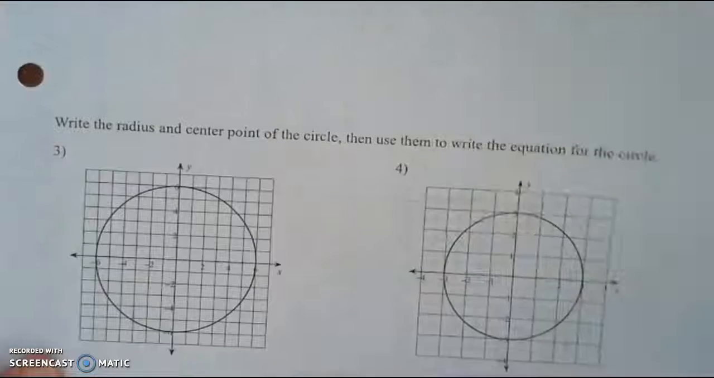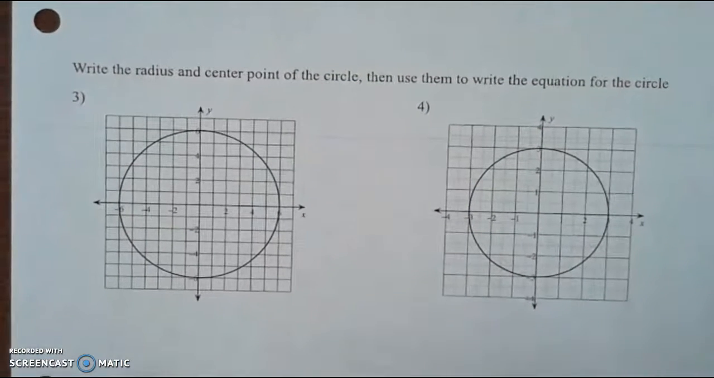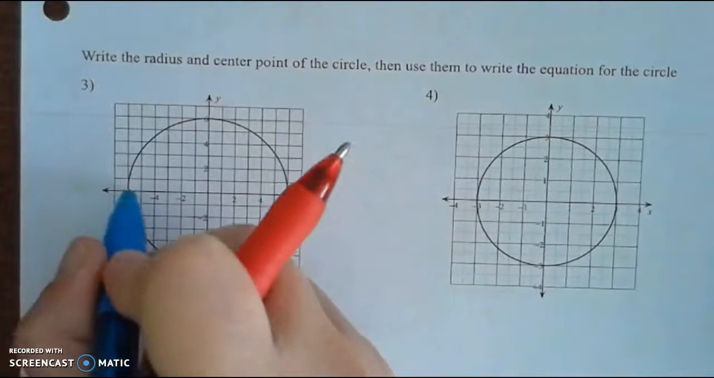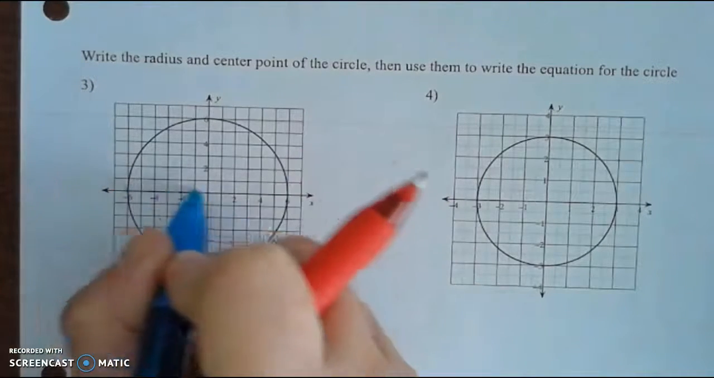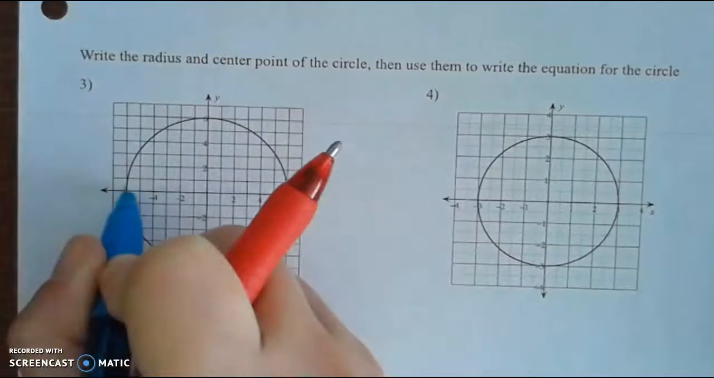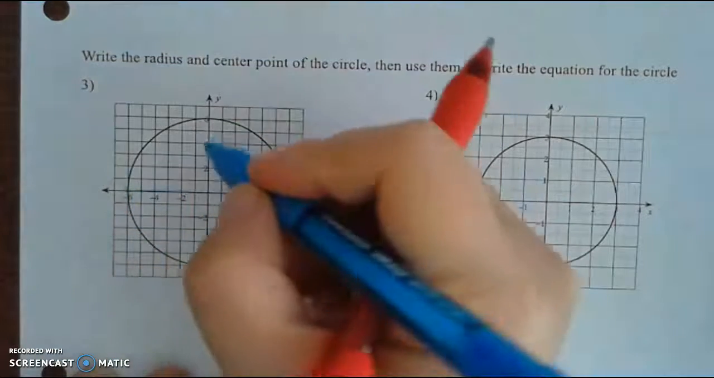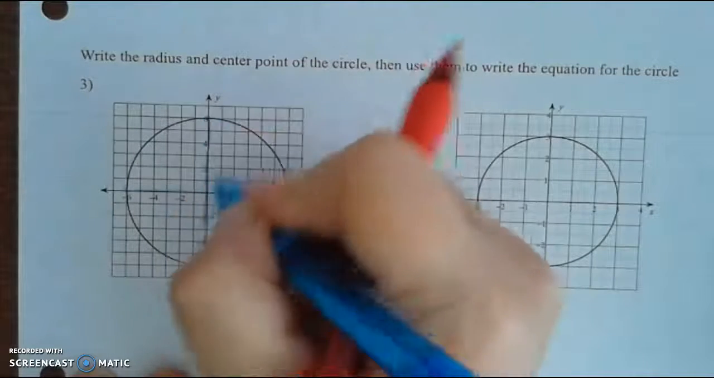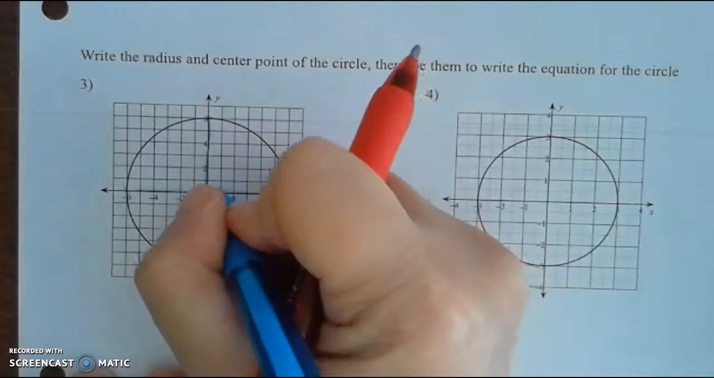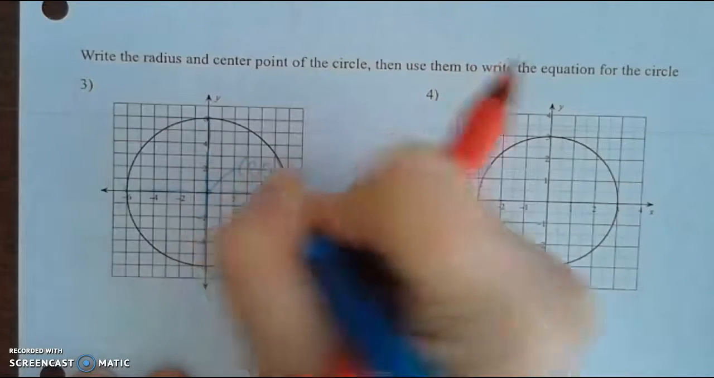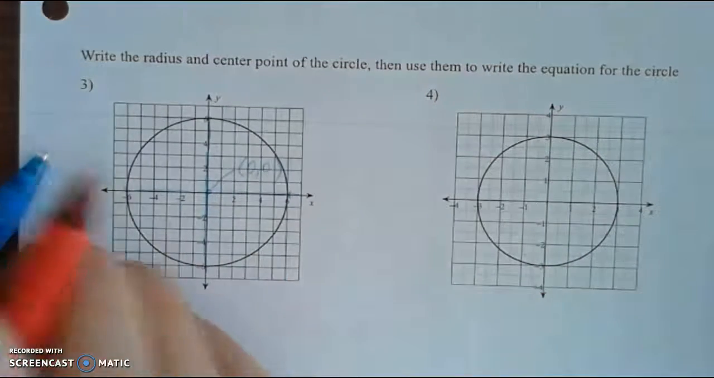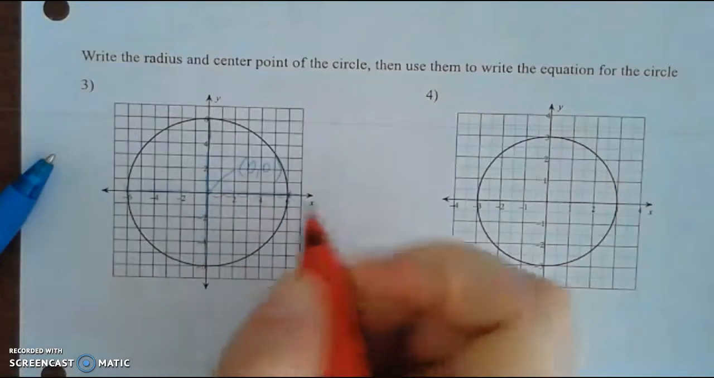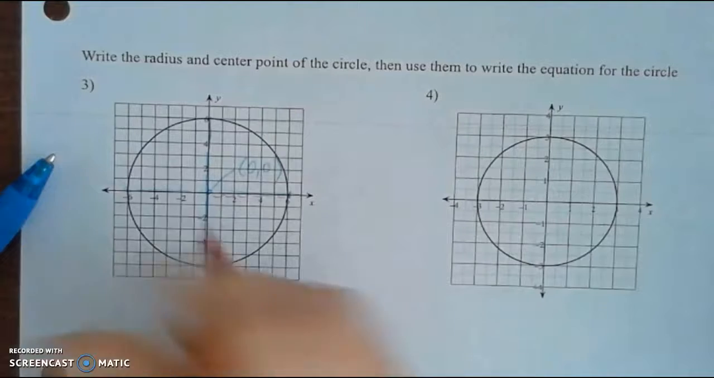Then number 3, write the radius and center point of the circle, then use them to write the equation of the circle. To identify the center, it's the widest point horizontally, and if I was to draw a line here, it's this one, and the longest vertical width as well. This is going to be my center here. Center is (0, 0). And what about the radius? Radius is 1, 2, 3, 4, 5, 6. So radius is 6, center is